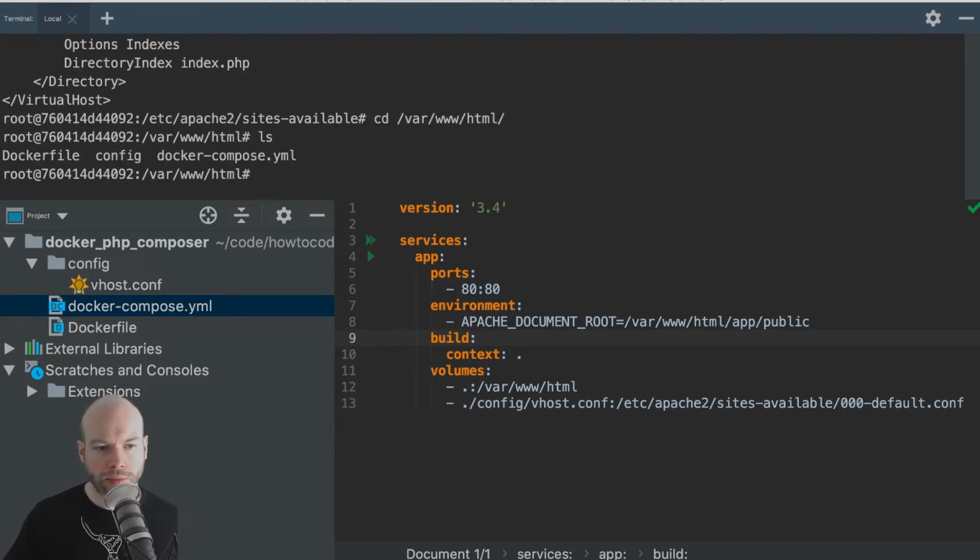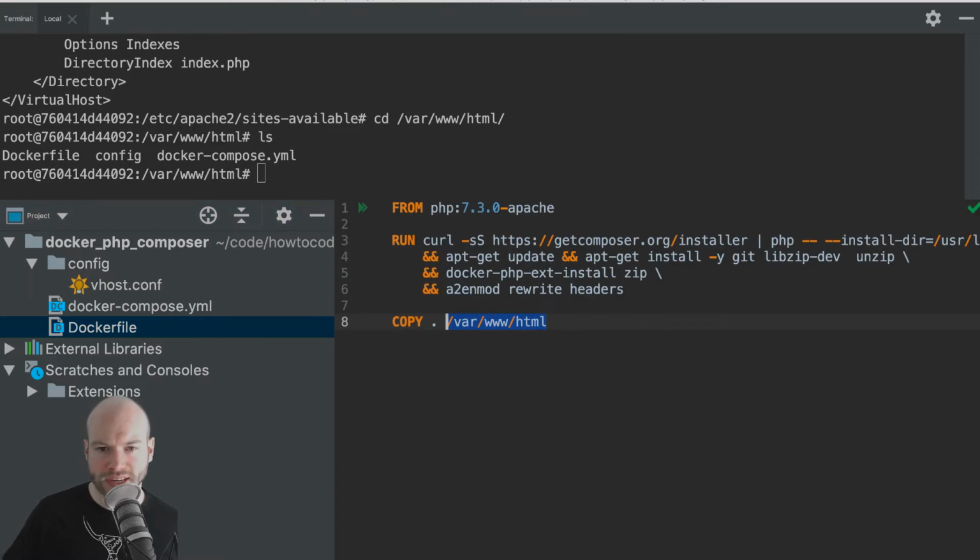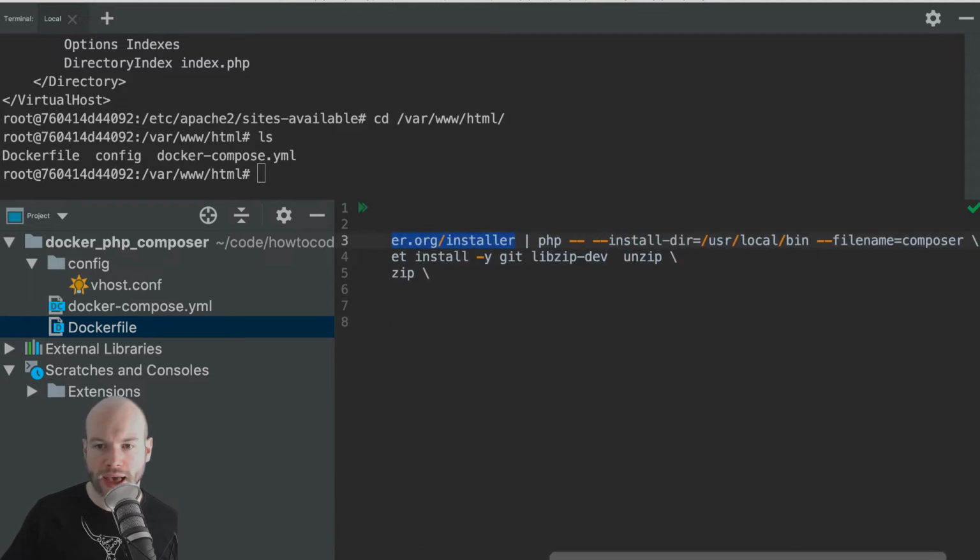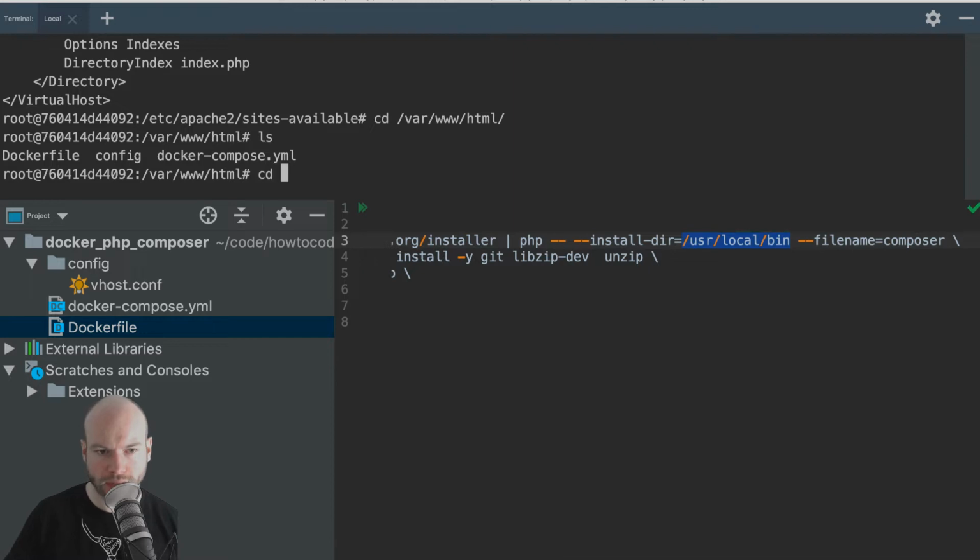Now also remember, if we go back to the Dockerfile, what we did in this run instruction is we did a curl request to install Composer, and we've put that into user local bin. So if I go into, let's just do an ls of user local bin and Composer, there we go.